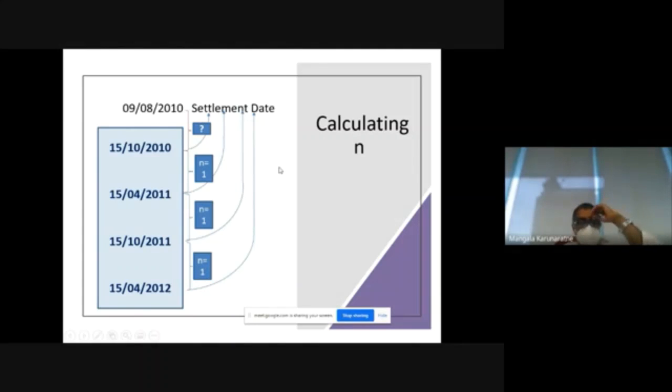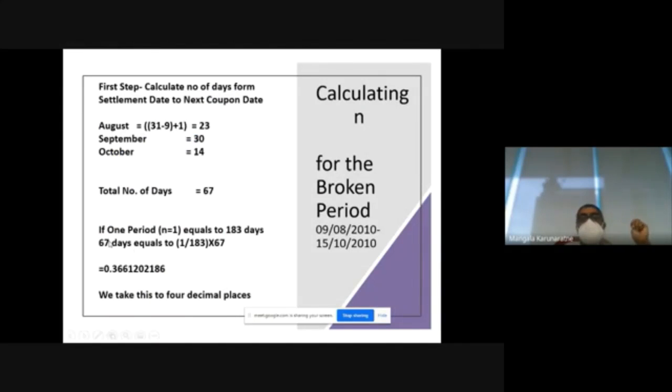So then we will see how we calculate. We will go through the calculation, and then you tell me whether you understood or not, right? So the first step is to calculate the number of days from the settlement date to the next coupon date. So the first step in calculating n for the broken period. Why do I say broken period? It is not one coupon period. I'm just calculating n for the broken period, which is